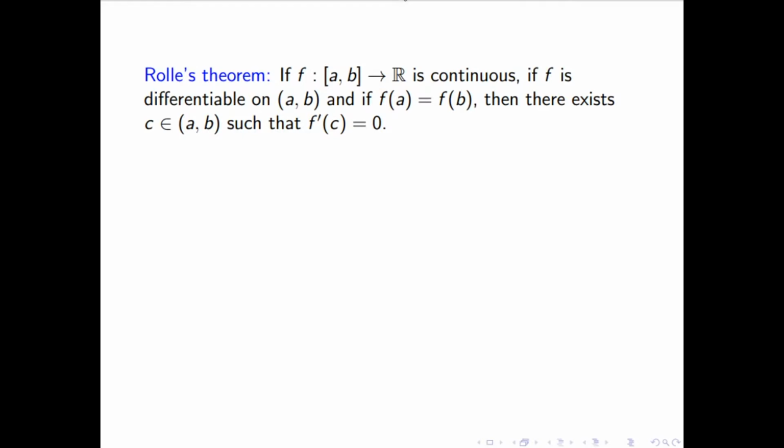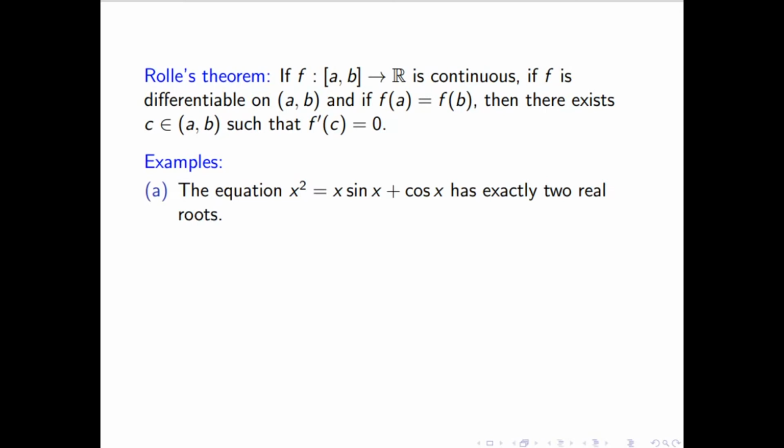What the intermediate value property says is that if the product is negative, then the functional value is 0. But Rolle's theorem says that if f(a) and f(b) are equal, and the function is continuous and differentiable in the open interval, then its derivative will be 0. I will not give the proof of this; I will just jump to some examples based on it, to show how to use it.